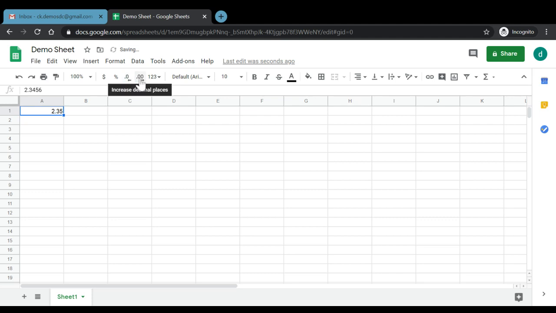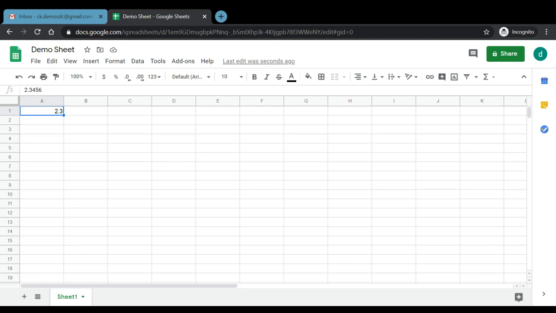Now, as you can see, if I increase here, what happened, 2.346; if I reduce the decimal place, it automatically gets changed into 2.35. If we reduce the decimal place more, then it will stick to 2.3, as the original value was 2.3456. So this is one of the features of the Google spreadsheet. Apart from that, we have some simple formatting options, where we can change the font style, the font size, bold, italic. Then we also have the options of alignment here, and some similar options.